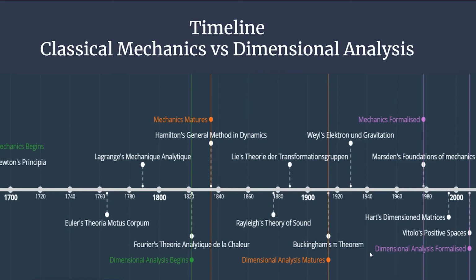This timeline is trying to represent, as the title says, classical mechanics versus dimensional analysis. I should say a more geometric flavor of classical mechanics. I just placed some landmarks on the timeline. I obviously begin at the beginning with the Principia, and so we have a sort of symbolic beginning